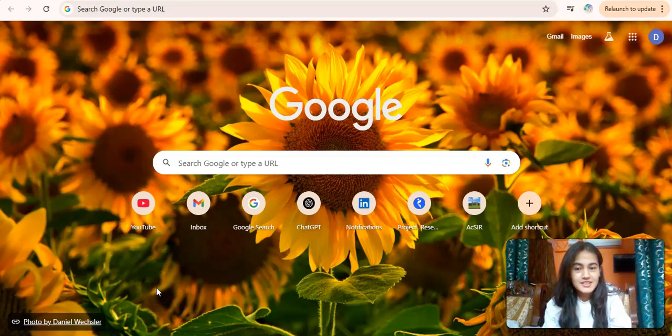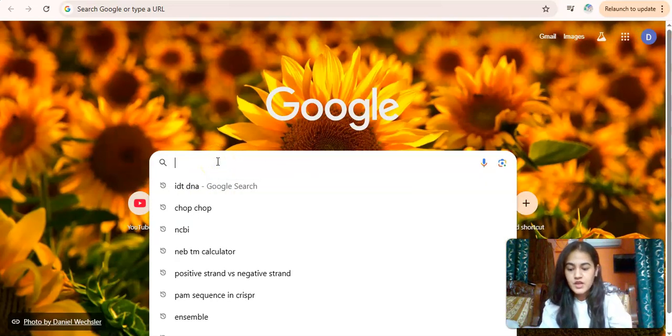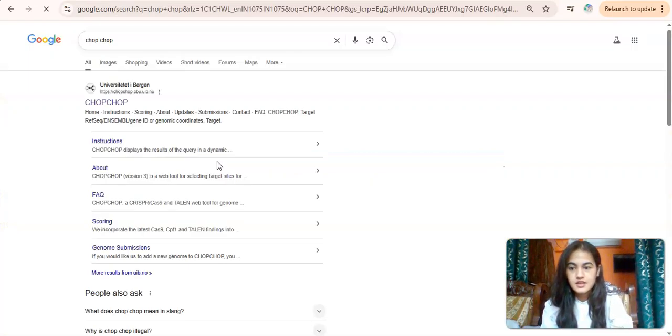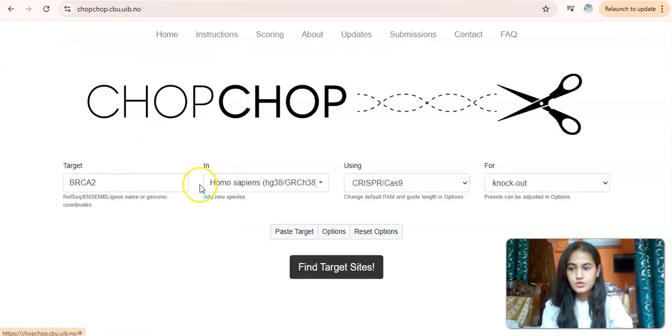Hello everyone, in this video tutorial we are going to learn how we can design our guide RNA for a CRISPR-Cas experiment. We are going to use a very popular tool for this named CHOPCHOP. We just need to go to this tool and put down our target gene or target protein. You can also write the reference sequence here,